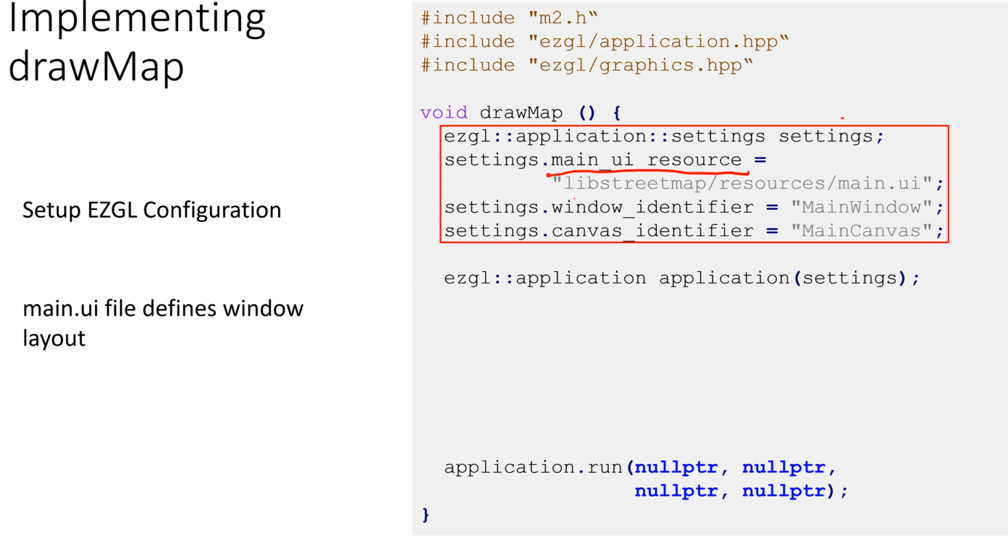A resource is something that's not code, okay, so it's data, but it's needed by your program to run. So the UI resource is actually a data file that describes the layout of those buttons and where you're going to draw and so on. Okay, so we've already made one for you. And that layout that we've made for you has already been put into your project